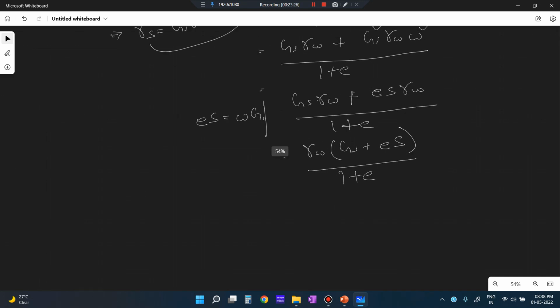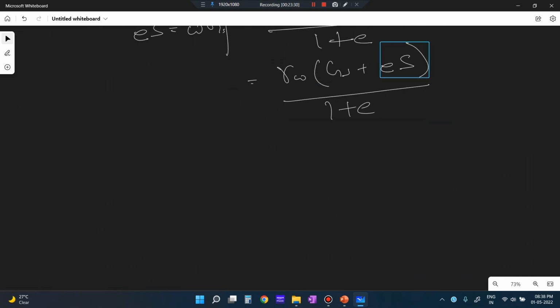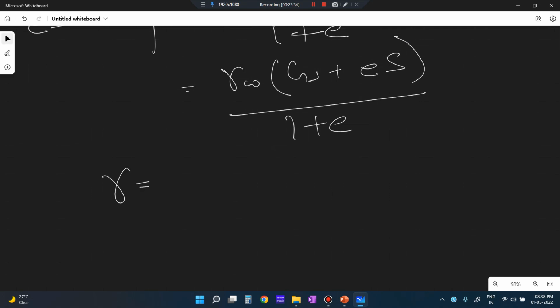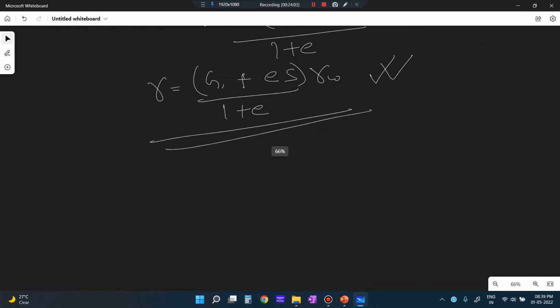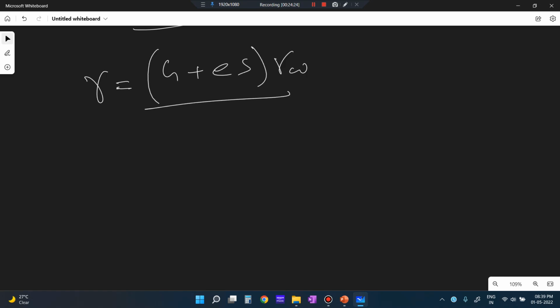Now this is a very important relationship between the bulk unit weight and all the parameters. So bulk unit weight can be written as Gs plus e into S by 1 plus e into gamma w. This one is a very important relationship. From this formula, from this bulk unit weight, you can derive all the unit weights, that is the dry unit weight, saturated unit weight, everything from this. Let me show you how. So gamma equal to